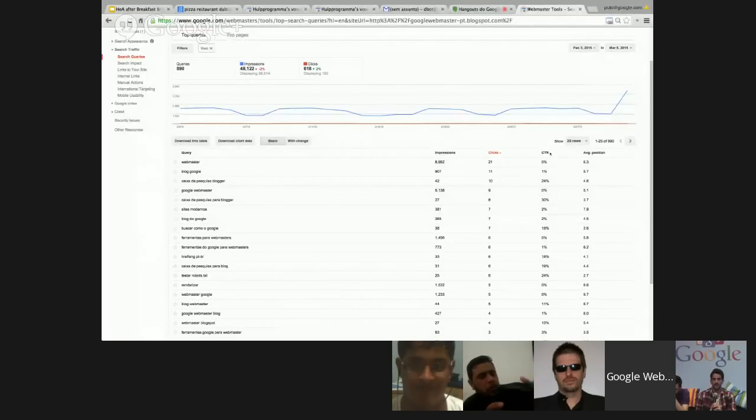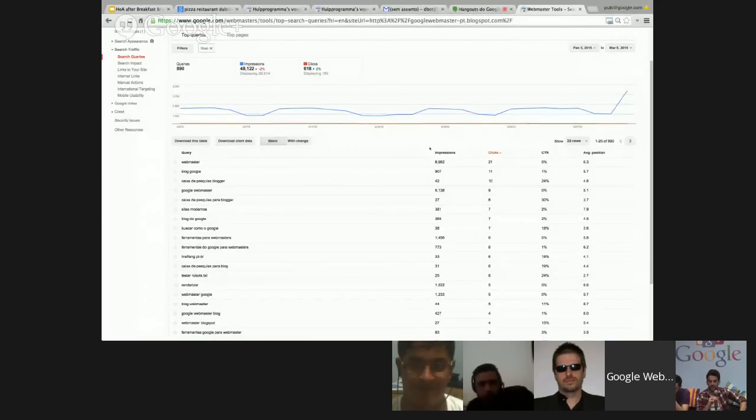Click-through rate just measures the percentage of people that click it in comparison to the amount of times that it's found. One thing that I want to call out here is that this allows you to figure out if you're actually being found for the right queries, because if you see queries that don't really interest you, like queries about sushi when you're trying to sell pizza, you'll realize maybe I'm not optimizing my website for the right queries.